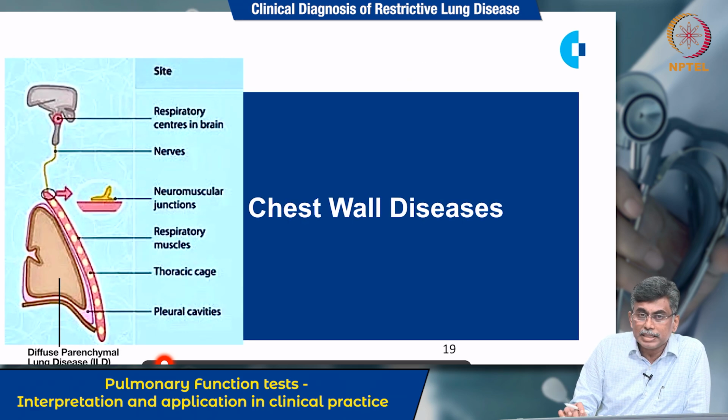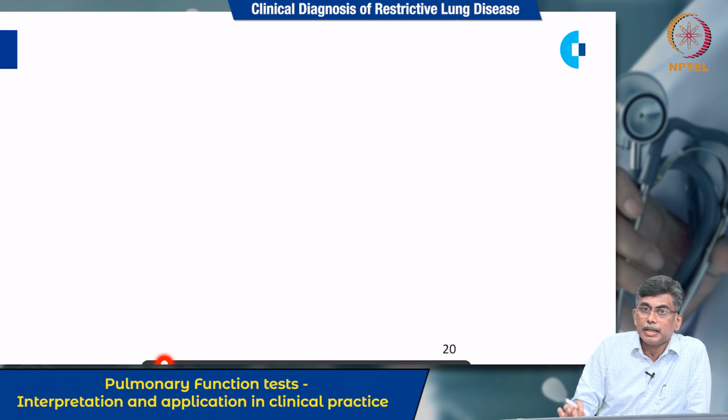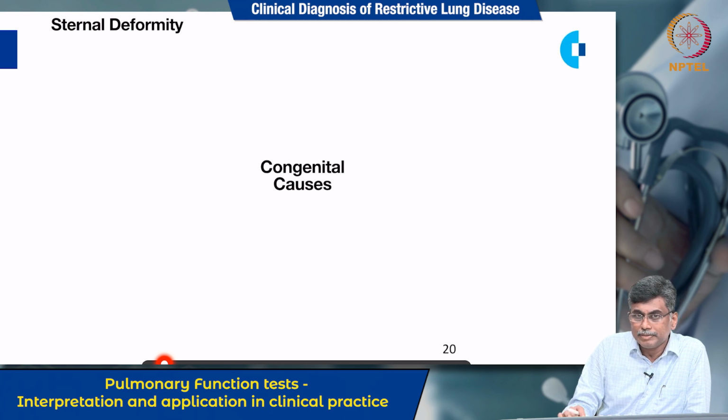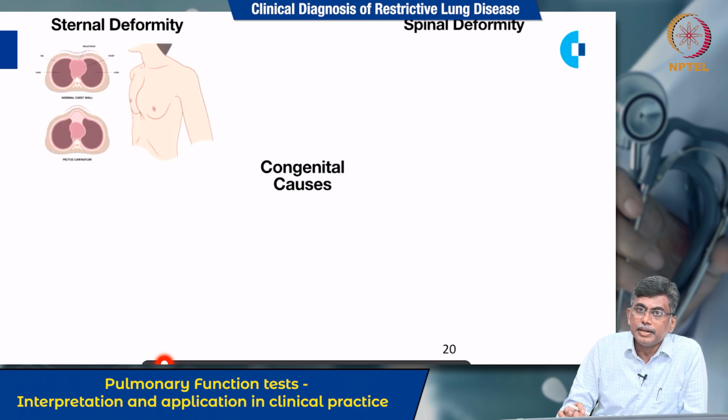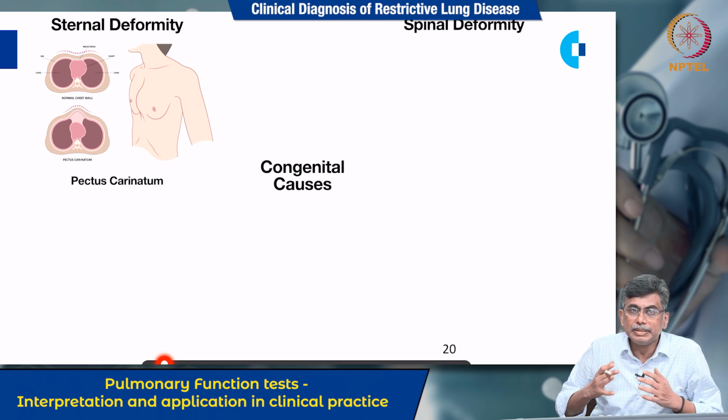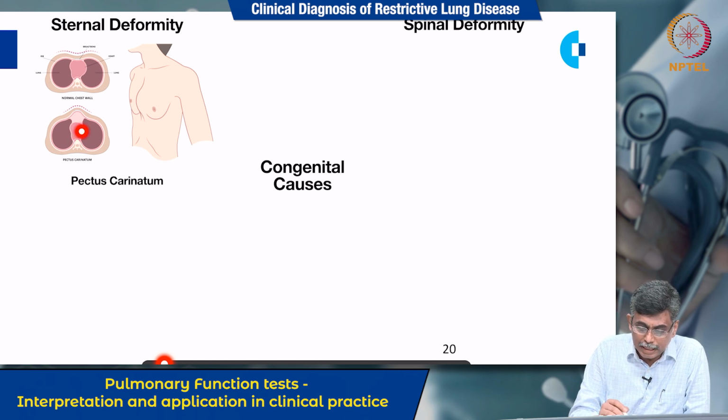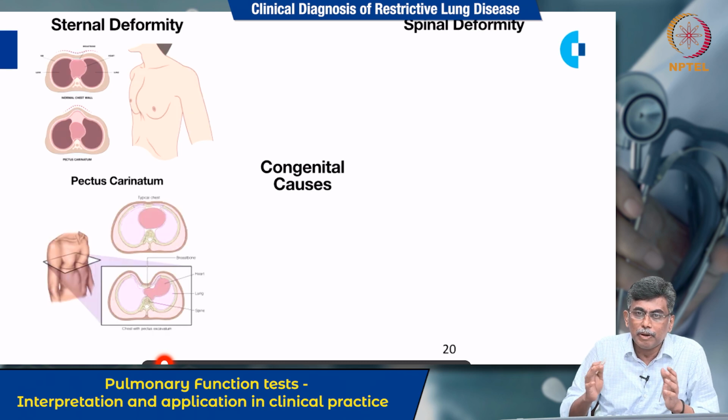Now coming to chest wall diseases, we divide them into congenital and acquired. In congenital, it could be a sternal deformity problem or a spinal deformity problem. Sternum is in the center, spine is in the back. Sternal deformity problems could be pectus carinatum, which is a pigeon chest. Here also you can see the whole mediastinum is altered, as a result expansion of the lung is difficult. Second is